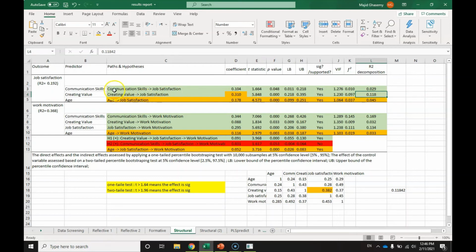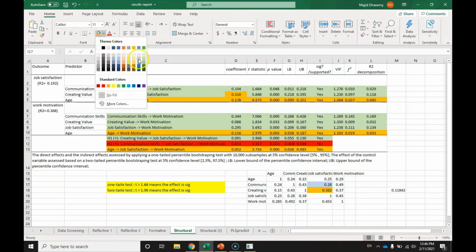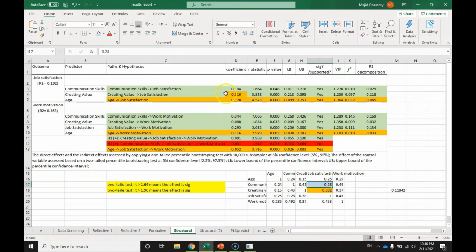For example, the unique contribution of communication skills to the R square value of job satisfaction. So again, I need the correlation between communication skills and job satisfaction, which is this one. Let me change the color to maybe blue, and here I have the path coefficient between communication skills and job satisfaction. Let me change it to blue again, and here if I want to compute that, it's